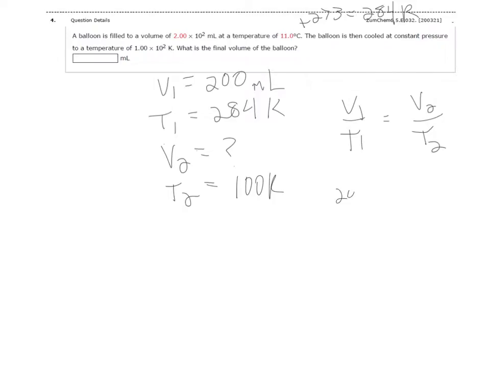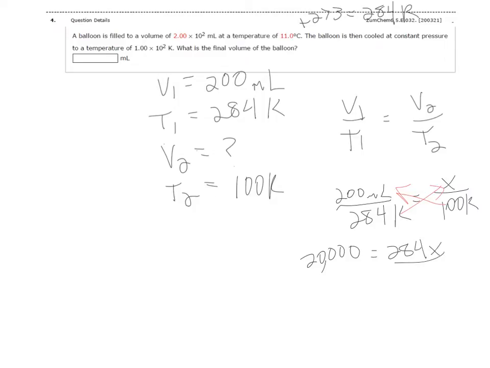So we'll set up this proportion. And to solve it, you could do some cross multiplying. So 100 times 200, and then set that equal to 284x. And we'll divide both sides by 284. And x works out to be